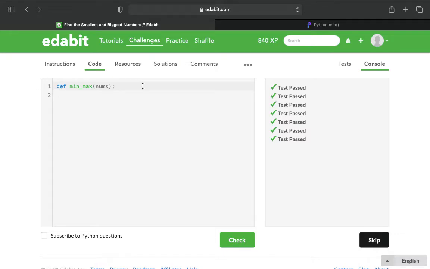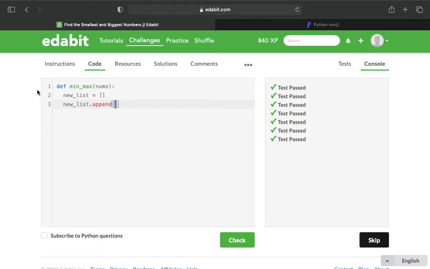They give us the beginnings and syntax of a new function to be defined, and it's going to be called min-max, and it's going to accept the argument nums, which is a list. And so I'm going to create a variable called new list, and I'm going to set it to empty brackets so that it's an available variable to use. And then to add items to this list, I'm going to use the append function, and that's going to be new_list.append,